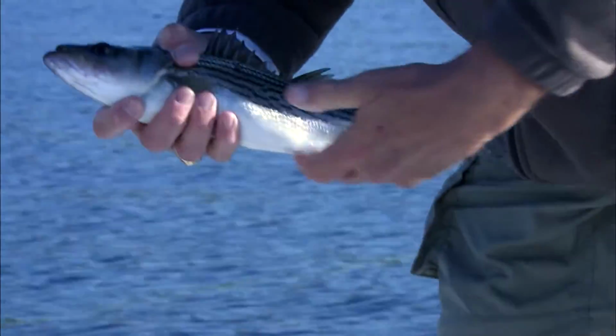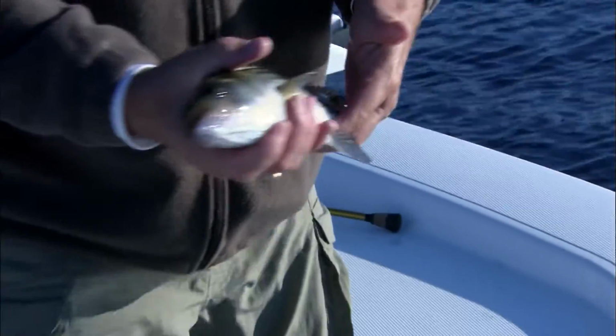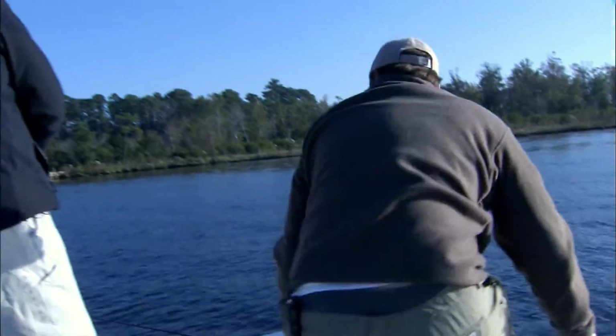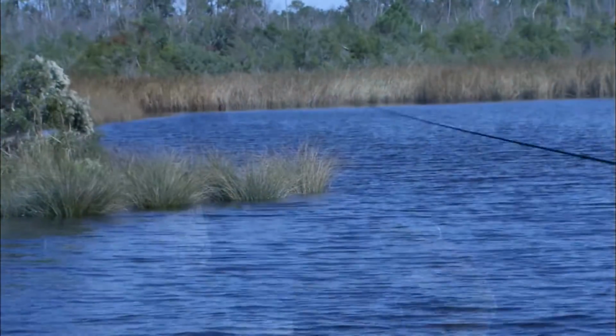He was a quick release. Another nice little striper, as I call them, my rock fish. All right, where's your mama? Oh, look at them up in there. Oh, they're thick up there. You know, Dave, we